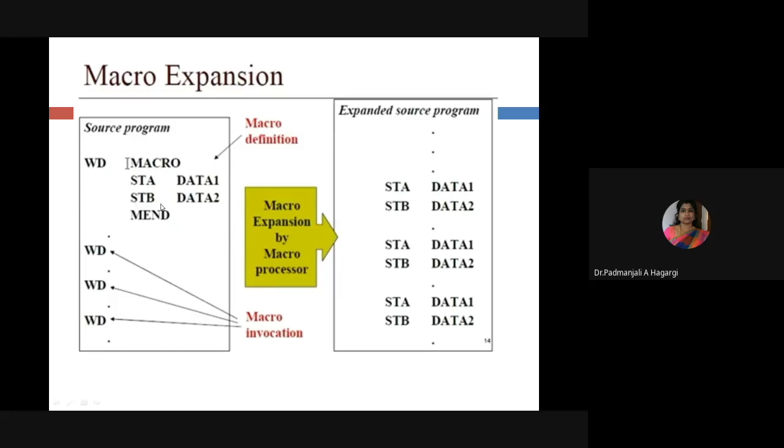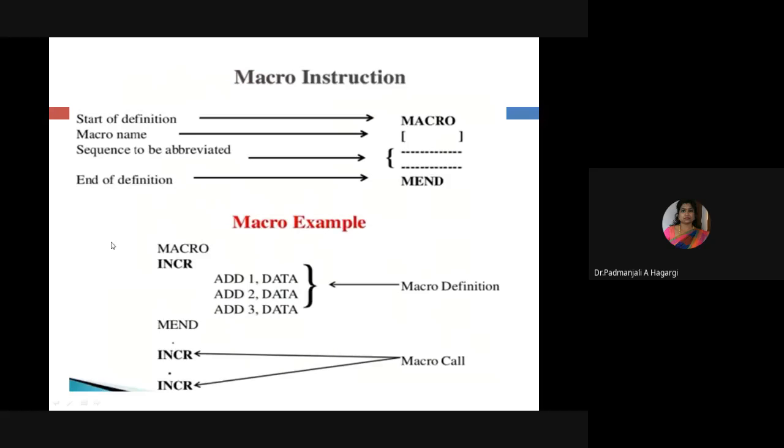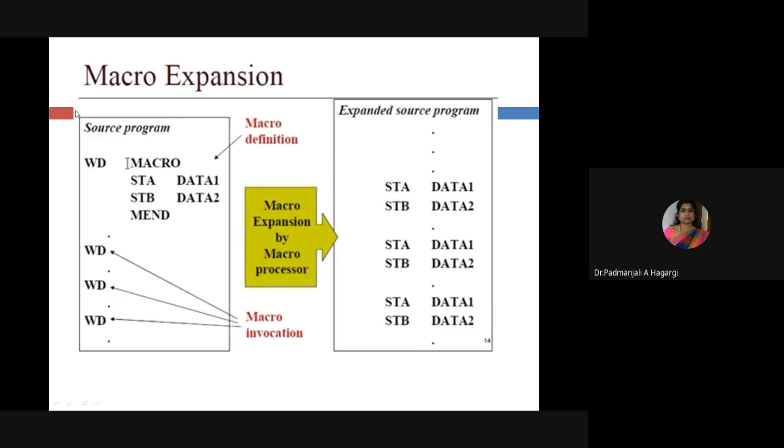This is the macro definition, and this definition is named by VD. This is a macro name VD, and VD is called wherever I want in a program. So how many times is it called in my program? Assume that this is a source program. How many times is it called? 1, 2, 3. Three times it is called.